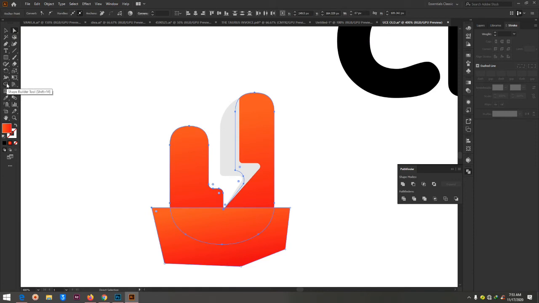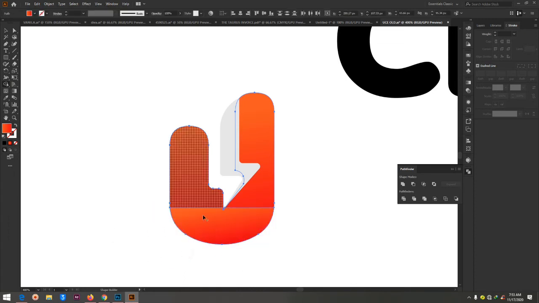You can use the pen tool to stroke your lines, select this, and also use your shape builder tool to remove. By holding the alt key, you see the minus button in the mouse. If you leave it, you see the plus button. A minus button, you click, you see we have removed that. So you can click on this, then select this tool to curve it to whatever shape you want it to be, while trying to raise this to this shape and also raise this to this shape. This is one way to do this, but the other way I'm going to teach you how to do it is to use the